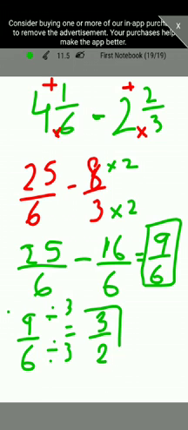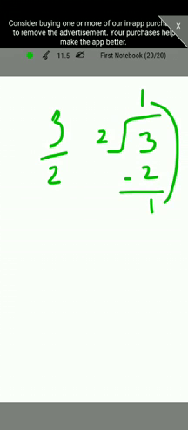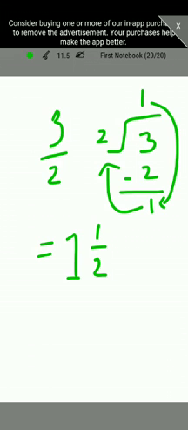So now 3 upon 2 is again an improper fraction, because the numerator is bigger than the denominator. So we are going to divide it and get the answer in the form of a mixed number. When we get 3 upon 2, we divide 3 by 2. 2 ones are 2, 1 is left. So now you write this in the form of a mixed number. Your answer will be 1 whole 1 upon 2. So for question number 4, you're going to do questions A and B like this. Alright, thank you.